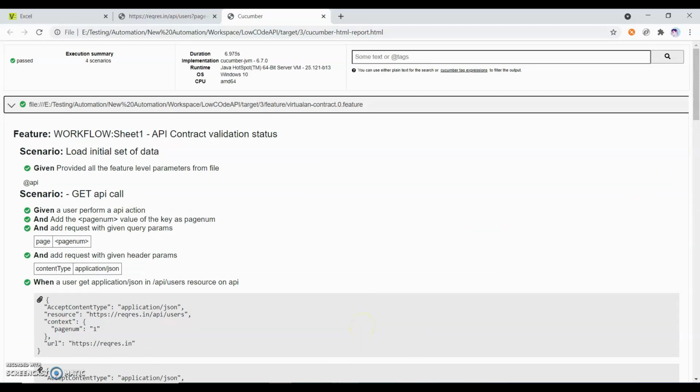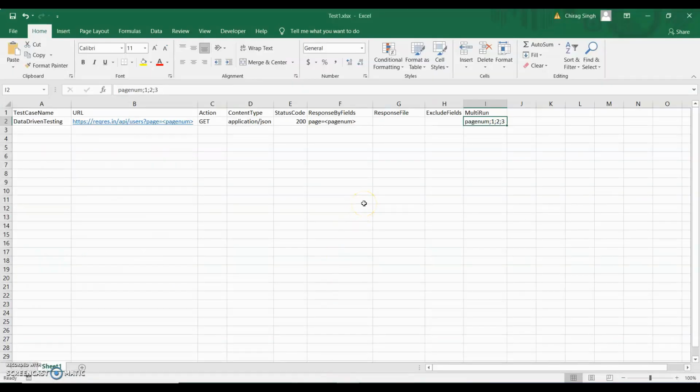So you can see in this framework we do not write any code, we just pass some values. In less than 2-3 minutes I created and performed this data-driven testing. If I write code, I have to give more than 1 hour, maybe 1.5 hours, to complete this type of testing.